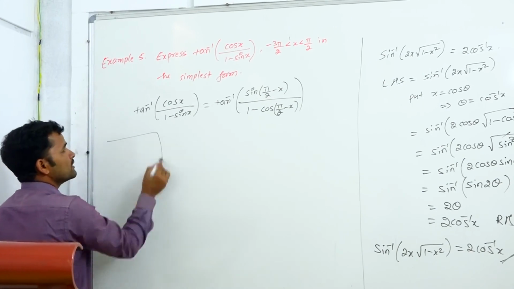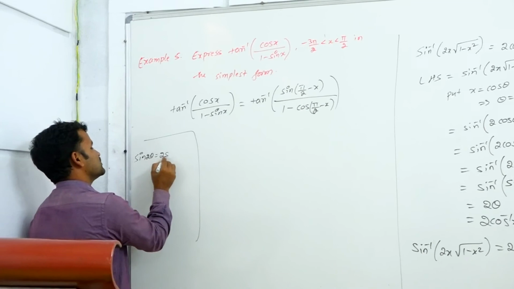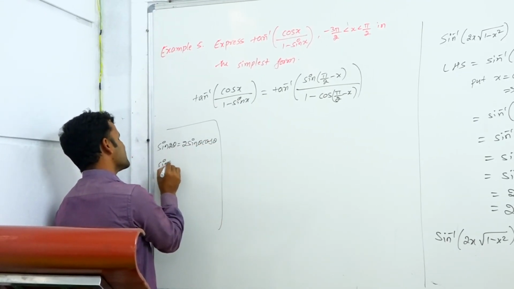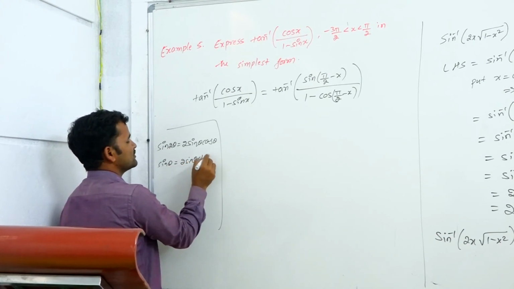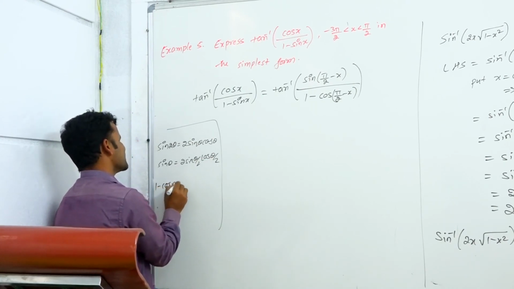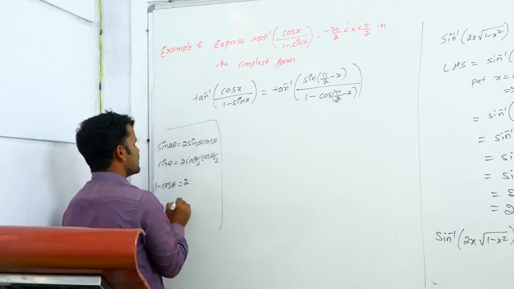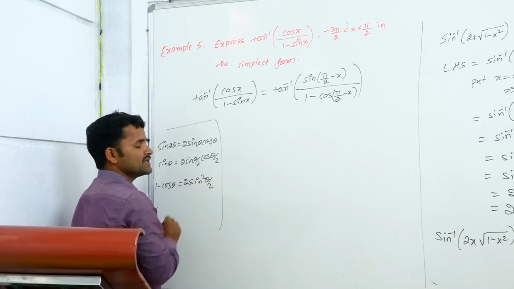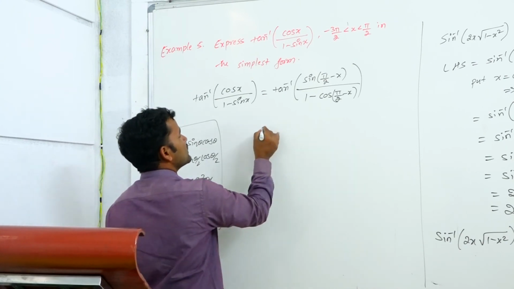We know sin 2 theta is nothing but 2 times sin theta into cos theta. Similarly, the half angle formula, sin theta is equal to 2 sin theta by 2 into cos theta by 2. In the same way, what is the formula for 1 minus cos theta? We have 2 times sin square theta by 2 as the formula, which you have studied in first PU. We are using it here.